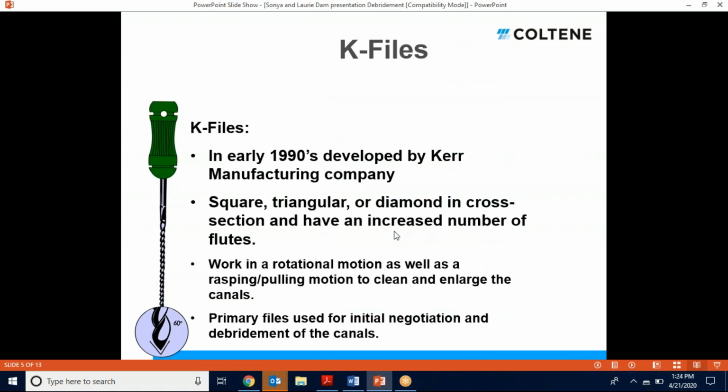So K files were developed early in the 1990s by Kerr, and they are square, triangular, or diamond in cross section, and they have an increased number of flutes. And these are used with a rotational motion, that rasping, pulling, watch winding motion, to clean and enlarge the canal. And of course, like it says down here, primary files used in the